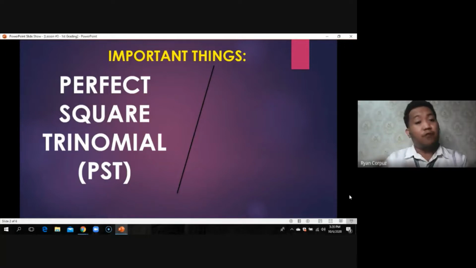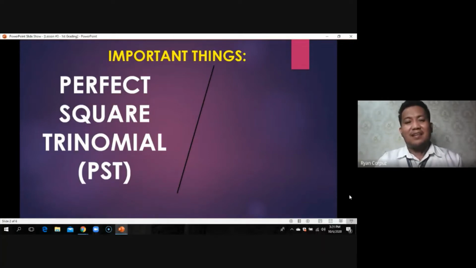It is a perfect square trinomial because its first term and its last term are perfect squares. So, we know already when a given variable with an exponent is a perfect square. And we know already when a given number is a perfect square, and that is by multiplying a number by itself; the answer is a perfect square. So if your first term and your last term are perfect squares, then that's one thing